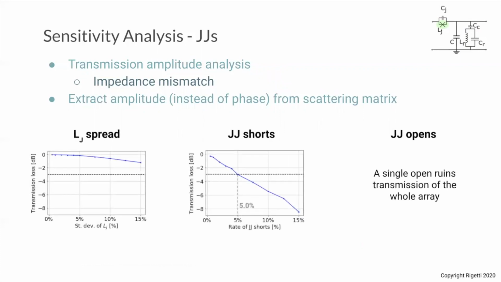So we look at 3 different types of defects. One is spread around a nominal LJ. Next is rate of JJ shorts, and also the number of JJ opens. So we see that in the LJ spread case, our tolerance is actually quite good. It's above 15%. But our JJ shorts have lower tolerance at around 5%. And even a single open will ruin the transmission of the whole array because it essentially disconnects the signal